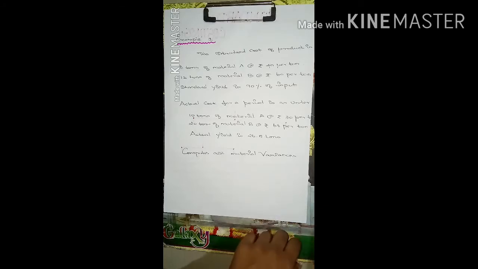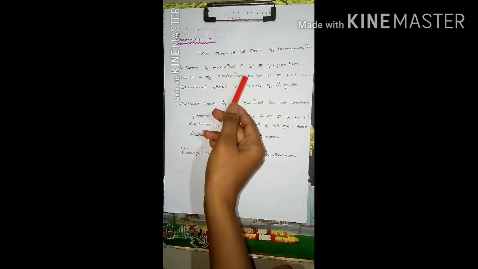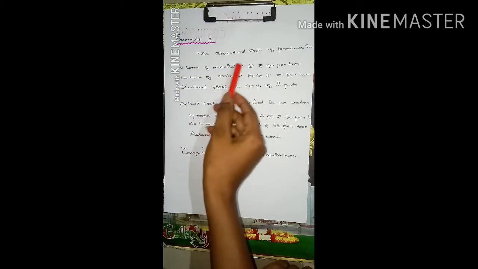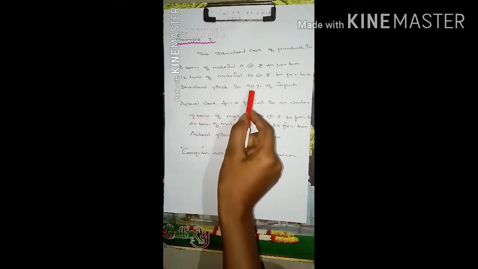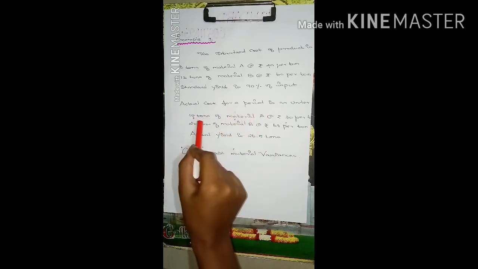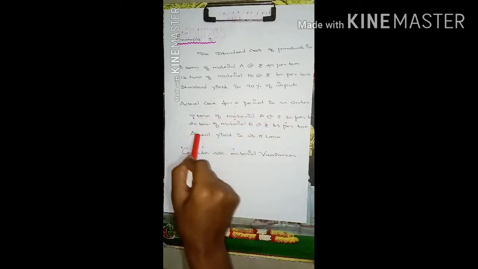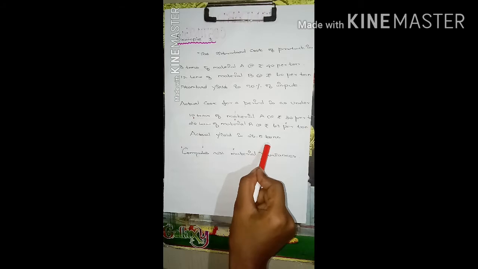First, we will analyze the question. The top portion is about the standard cost and the bottom portion is about the actual cost of the product. The standard cost of a product requires two types of material, A and B. That is 8 tons of A at rupees 40 and 12 tons of B at rupees 60. And the standard output is 90% of the input. Then the actual cost for the period is 10 tons of material A at rupees 30 and 20 tons of material B at rupees 68 per ton. But the actual output is 26.5 tons.